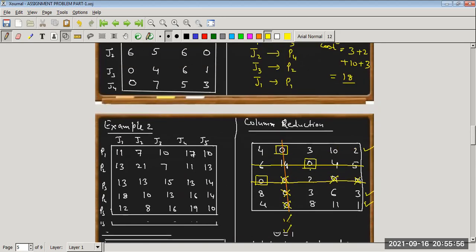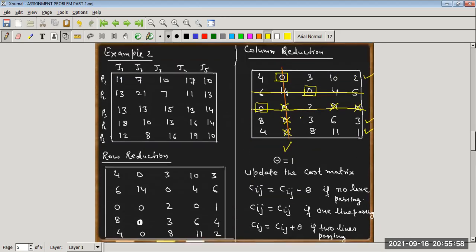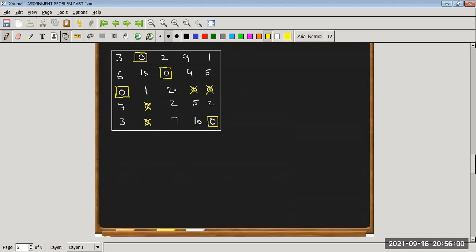In the previous table we made only 3 assignments. In this one the assignment is increased by 1, right? But the number of assignments is not equal to 5. Until we are able to get 5 assignments, the process remains the same. We do the process till we are able to assign each person to each job. Each person is assigned exactly one job.